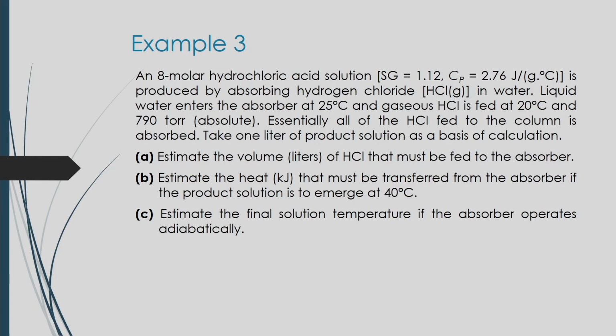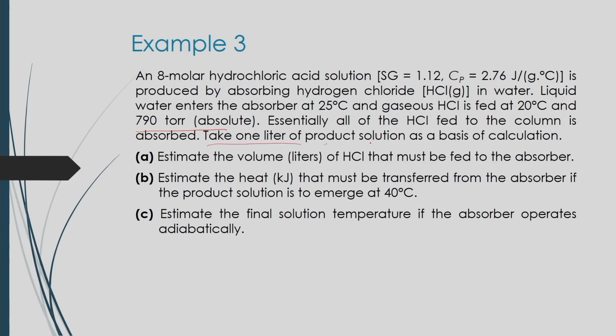Liquid water enters the absorber at 25 degrees Celsius, and gaseous hydrochloric acid is fed at 20 degrees Celsius and a pressure of 790 torr. That is, 1 torr means 1 millimeter mercury pressure. This is absolute pressure, and you have to remember that all of the hydrochloric acid fed to the column is absorbed in the liquid system,